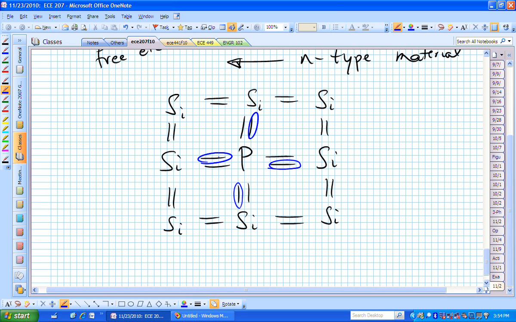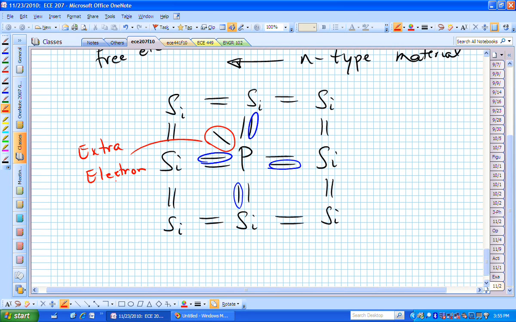4 just around the P. So this guy really has an extra electron that is around that phosphorus element inside this diagram. So here is effectively our extra electron. That's what we call this: when it's doped with P elements, now we have more N-type material, or this is now